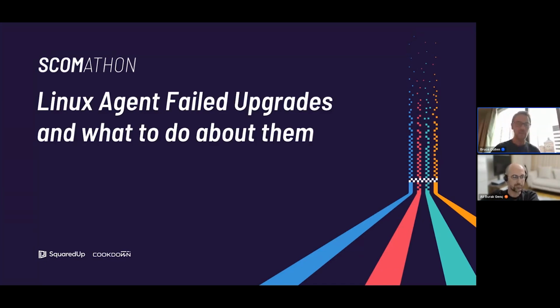Today, we're going to look at the Linux agent. Originally, this session was going to be just on Linux agent failed upgrades, which is in itself an interesting and worthy topic. But when Ali and I were discussing the potential of doing this as a topic, we realized we haven't actually done any Linux content as SCOM-a-thon, which is a terrible shame. So we're going to broaden this ever so slightly, if you'll allow us, and focus a little bit more holistically on the Linux agent. And then we'll go on to failed upgrades. So if you could click on for me, Ali, let's get started.